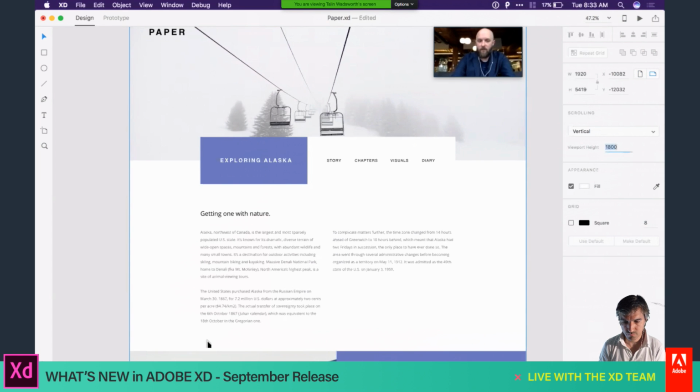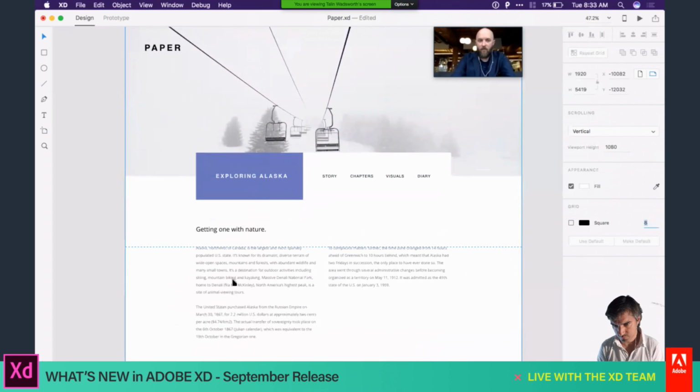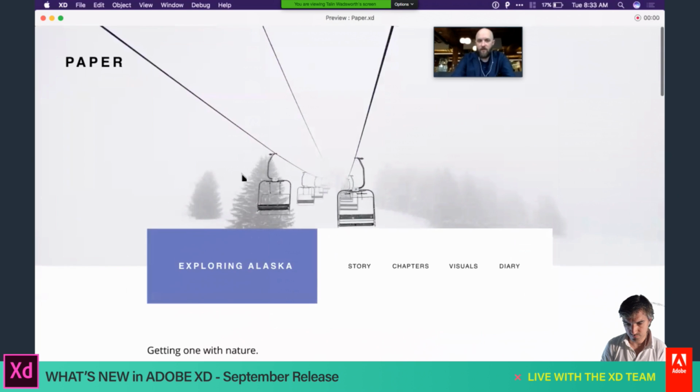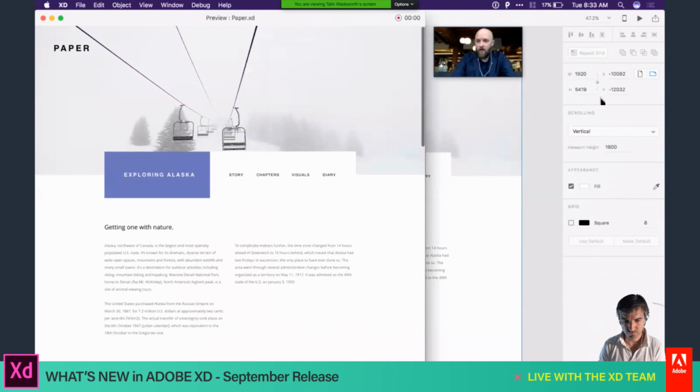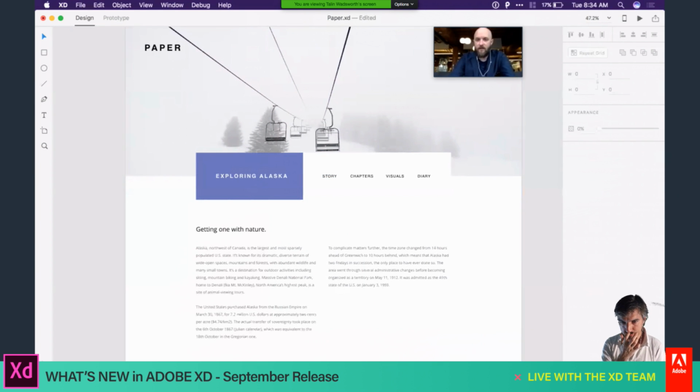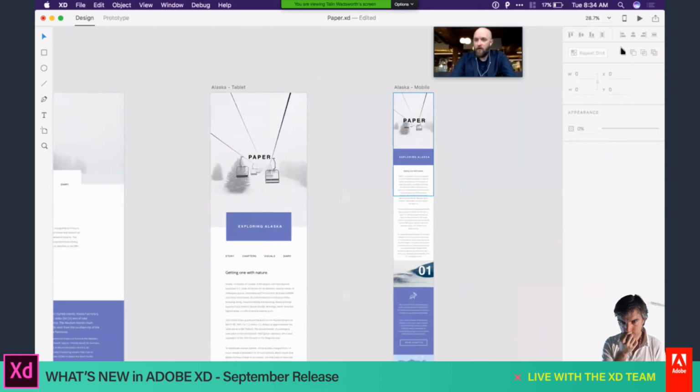When I launch the window, you can see where below the fold might be. But if I go back here and increase that to 1800, now when I launch my preview window, I'm previewing much more of that page, basically defining much more of that page as the above the fold area, like the first viewport experience. This is brand new in the app. Same thing on mobile: I can come over here and define my scrollable area as 678, and now when I launch that preview window,